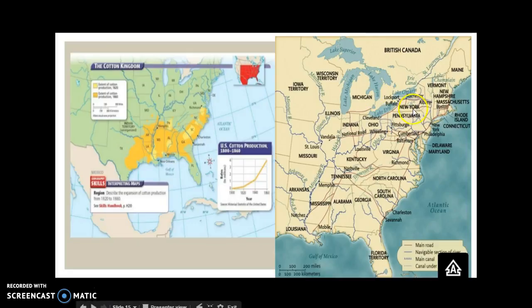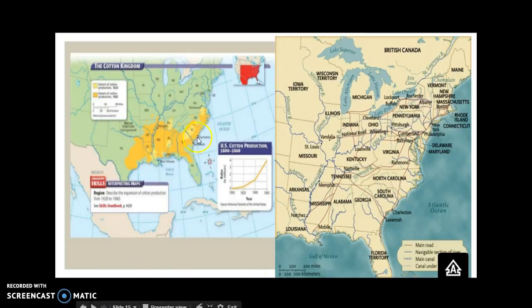Well, in the North, you see there's a lot more canals, a lot more roads, so transportation's picking up. Why is transportation having such a large presence in the North and not in the South? Well, it's due to industrialization. Industrialization and immigration is going to change the social structure in the North more dramatically than in the South. As a result, the North is going to become more diverse economically, more diverse socially.